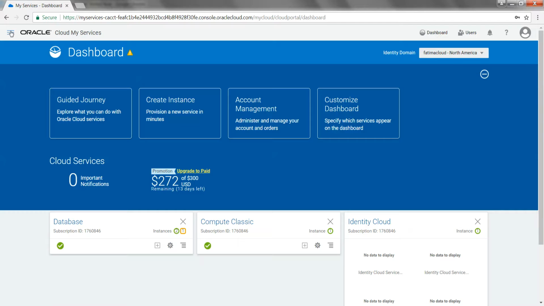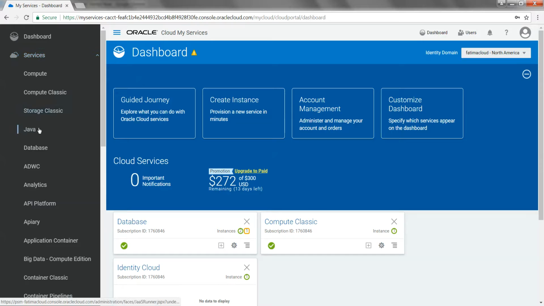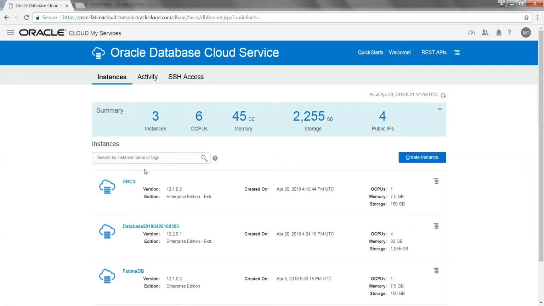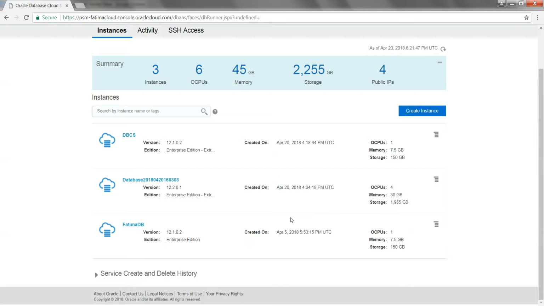So I'm going to click on this hamburger sign and click on services and then database. And over here you can see that I have already created some databases, but in your case this screen will be blank. So click on create instance